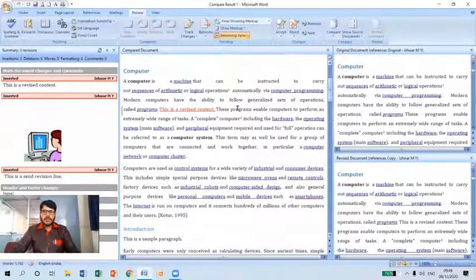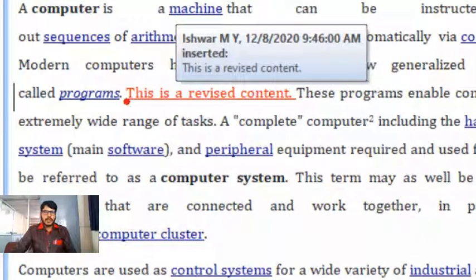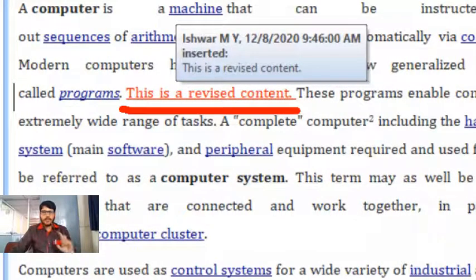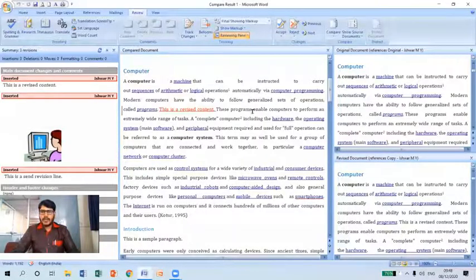And also you can observe here, we have included one new line, that is, this is a revised content. So these are the changes I have made in the copy, isn't it? So it is going to highlight. And you can go through the original copy here, nowhere is it showing this particular line. But if you observe the revised line, it is showing this is a revised content here.